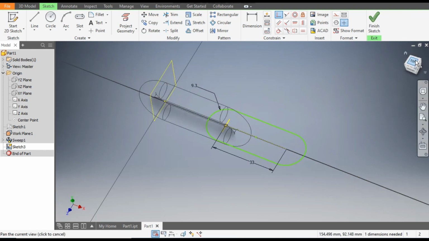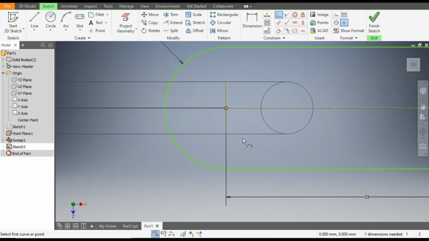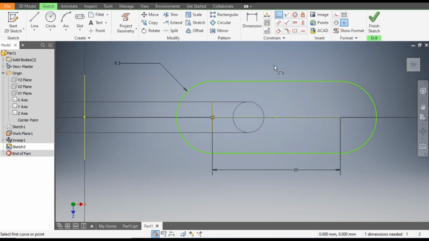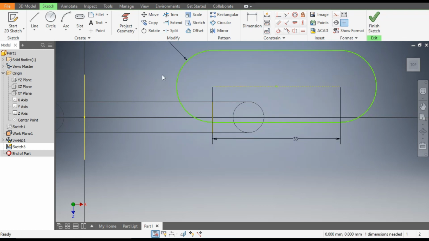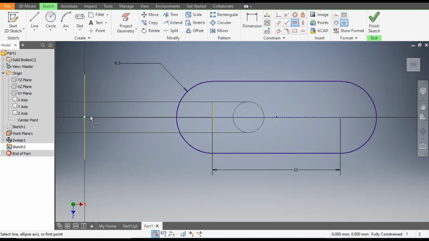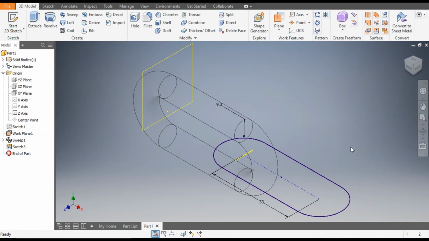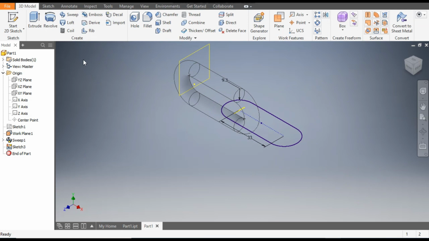Now go to top view. Now escape from this. Now you can see the movement is like vertical movement. To stop this, from here, go to horizontal constraint, select this point and select this point. Now this is a fully constrained profile. Now finish sketch and